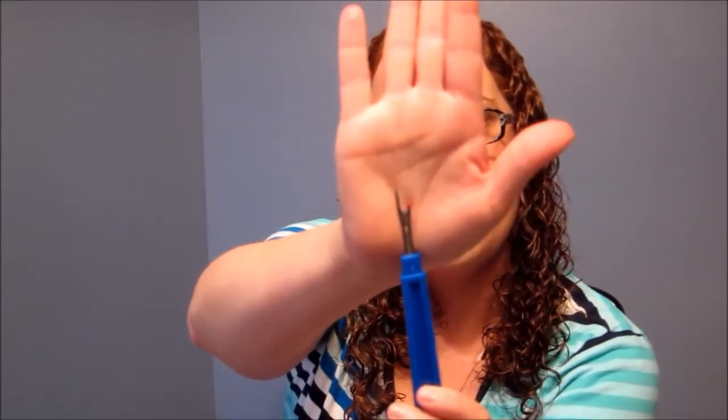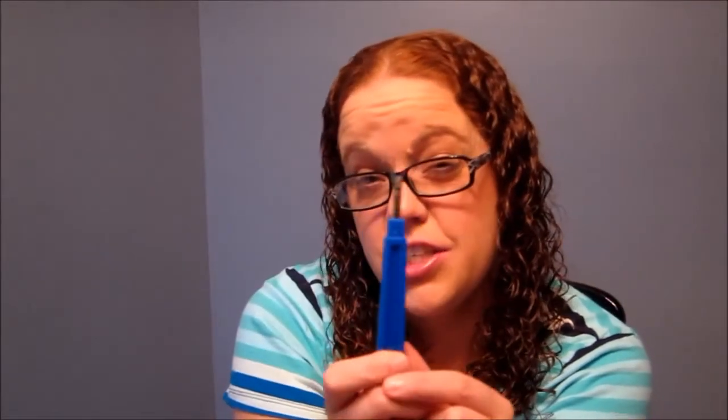I too keep a seam ripper. Mine's a lot bigger than the one Joanne had, but now I'll be looking for the smaller one because this one makes me nervous and I'm going to rip holes in my fabric. In fact, it makes me so nervous that I only use this in dire circumstances. Normally I'll use my needle because I'm afraid that this will cut the fabric. But if I can find the one that Joanne had that's a lot smaller, I'll probably get it and use